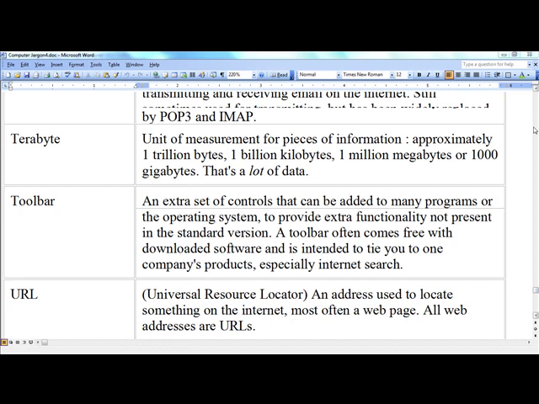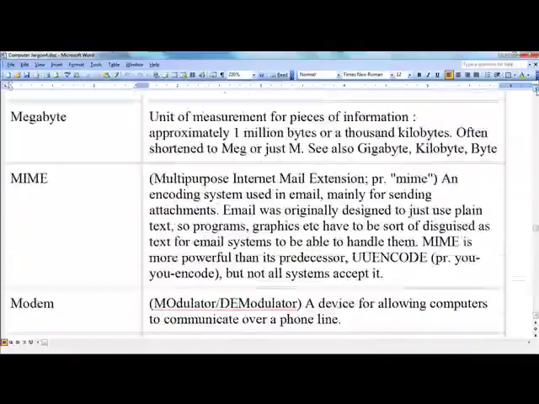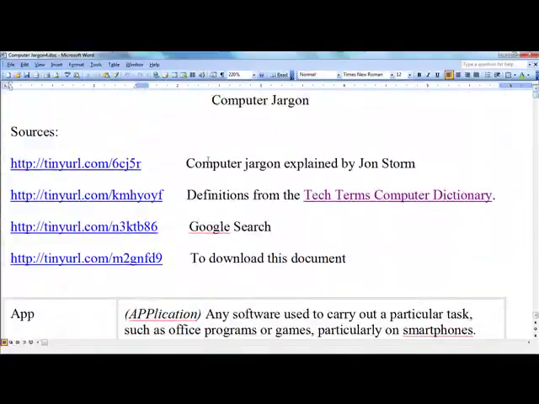That concludes my discussion of computer jargon and the terms that I picked to discuss.